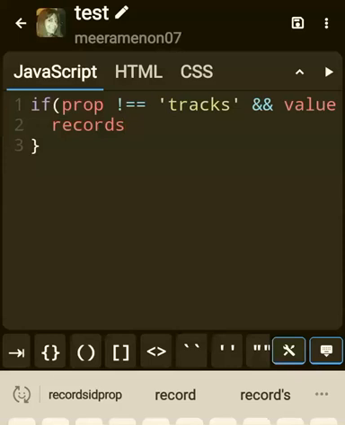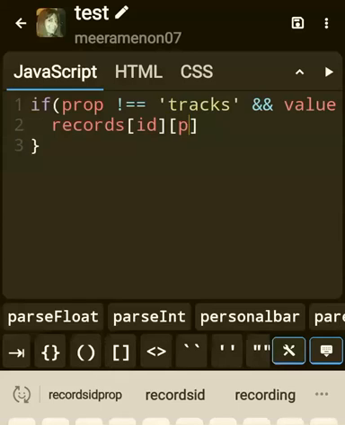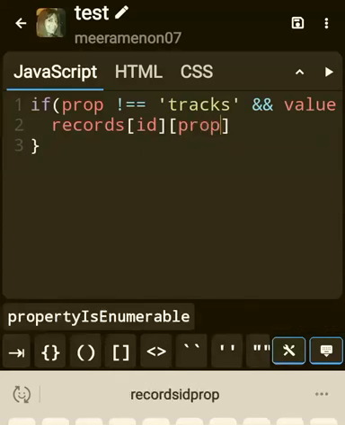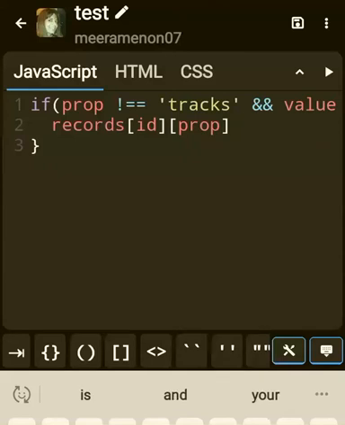It's been told, because of return records. So records, that's the name. Records, ID, because you need to access it with the square brackets. Records, ID and prop, because that's how you can access it. So you have to access it with the ID and the prop. So records[id][prop], then set that album to value.